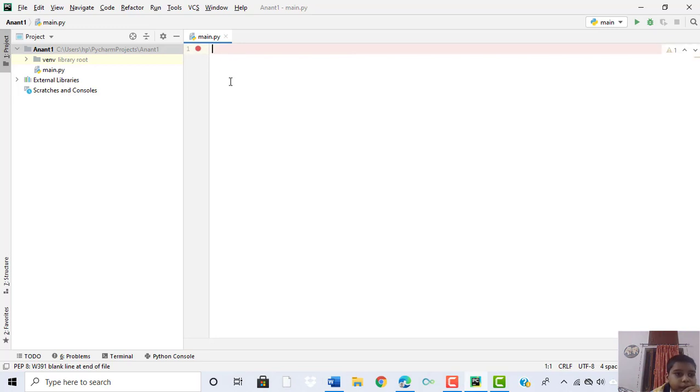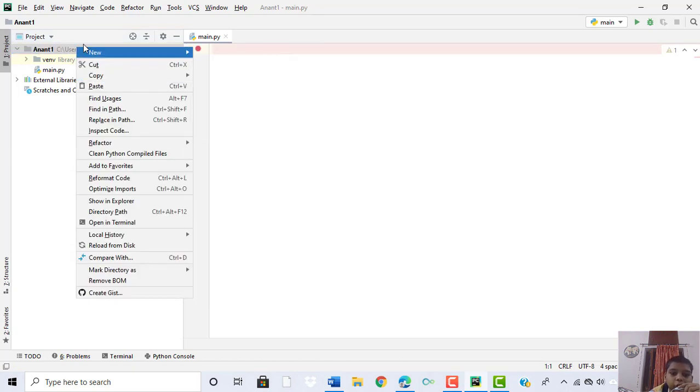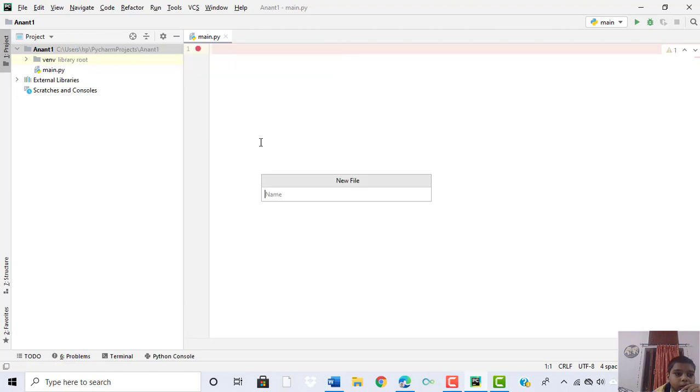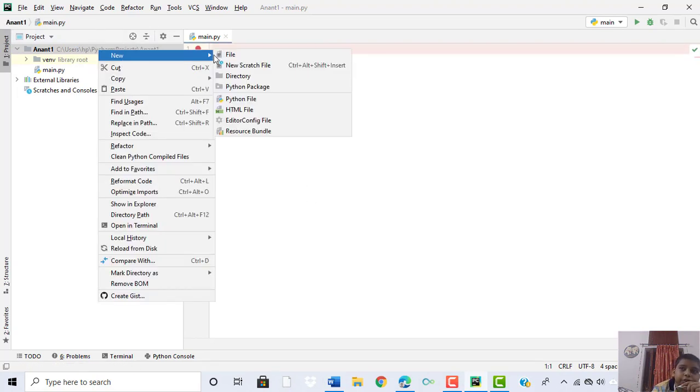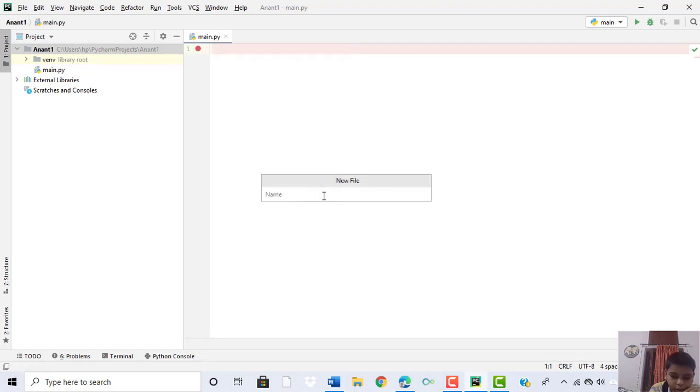Now if there is not a file in your project, you have to click on this. Here is the project. You have to right click on this and then New and then File. You have to give a name, like I will give trial.py.